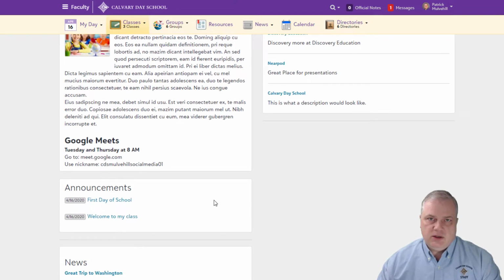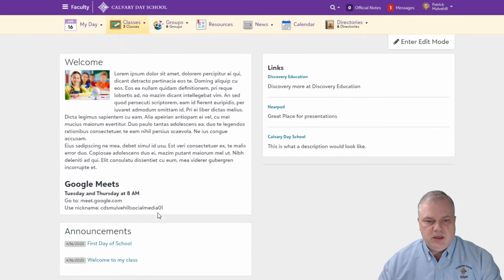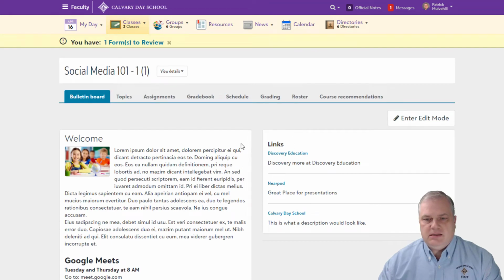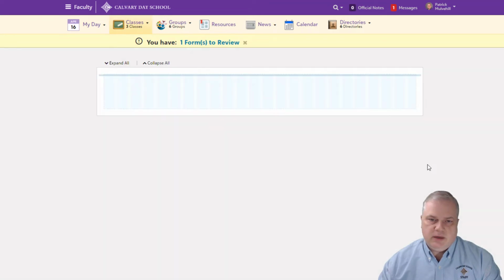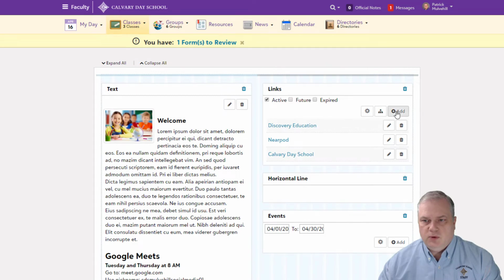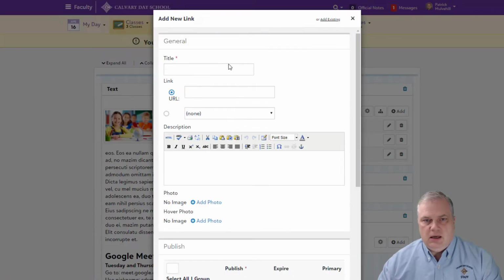I could also send this out as an announcement by just putting those same details into an announcement each Tuesday and Thursday. That would go out as an email if that helps the students. I could also put it in as link information. So if I jump back into my bulletin board, I can add a link. I can put in here my Google Meet